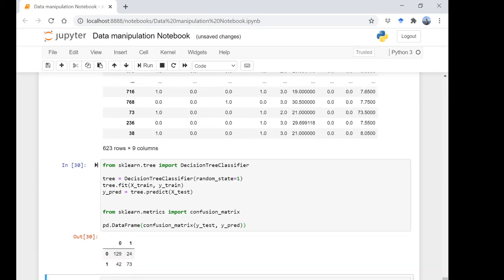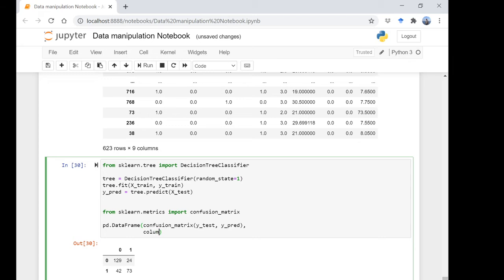Just doing this makes little sense. In this case, the 0 and 1 are the same, but if the labels were survived and not survived, the labels would still be 0 and 1. So what we have to do is to give